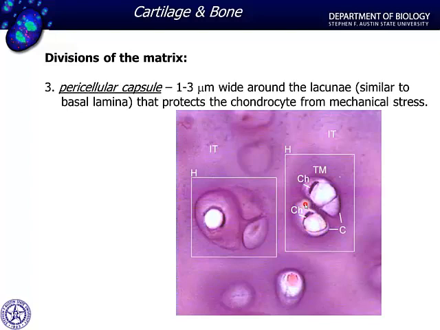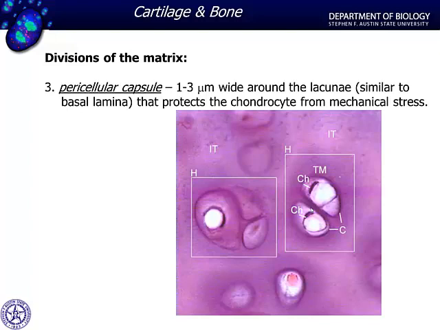And within this, it's going to basically be similar to what we see with the components of the basal lamina and basement membrane, on which the chondrocyte is going to be able to attach. But this is also going to help protect that cell against the mechanical forces that are happening in cartilage, because imagine the compressive forces from your body weight pushing down on your articular joint of your knee, or the stresses of your elbow, your shoulder, your hip, in these places. So we have to have protection for these cells against these forces,